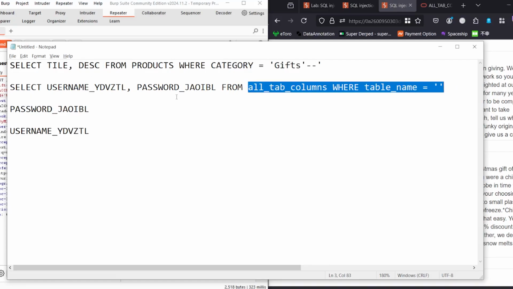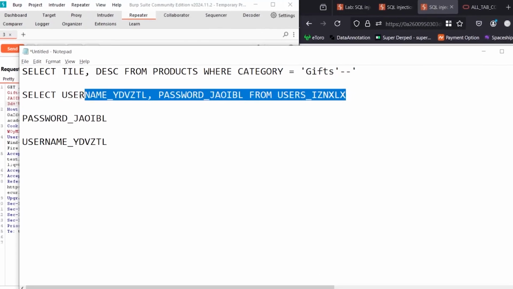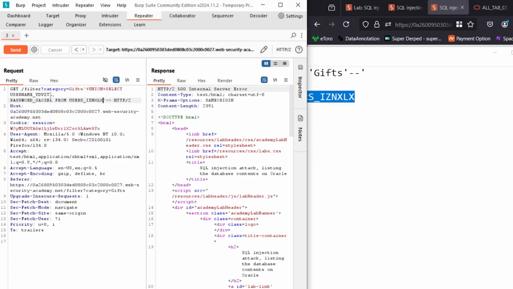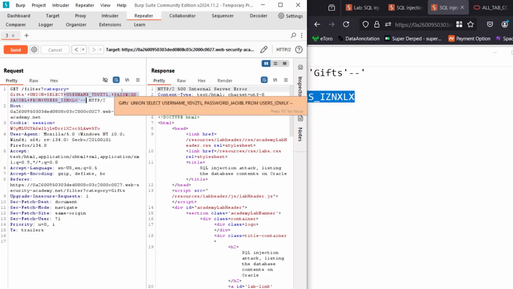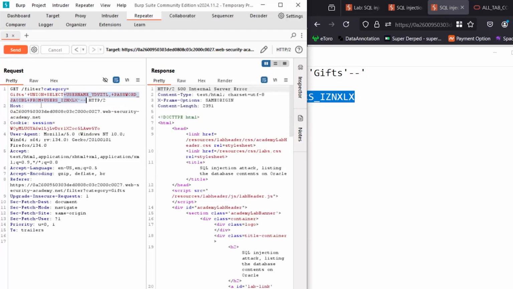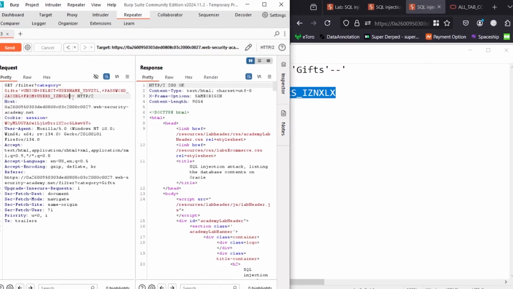yep. So instead of going for all table columns, which we don't need anymore because we already know which table we're looking at, this one, users, we can select the username column and the password column from users, and hopefully that should work. So after the union, we can go select, and then the column names, and hopefully it should work. Oh, because I've got the extra apostrophe, my bad. There we go. So now we can grab that,